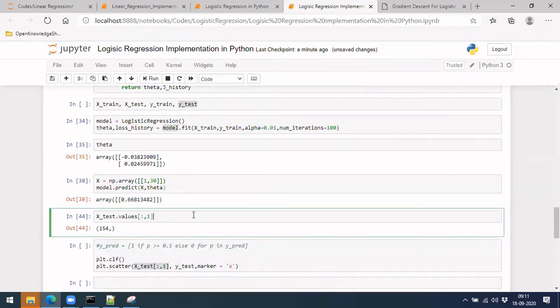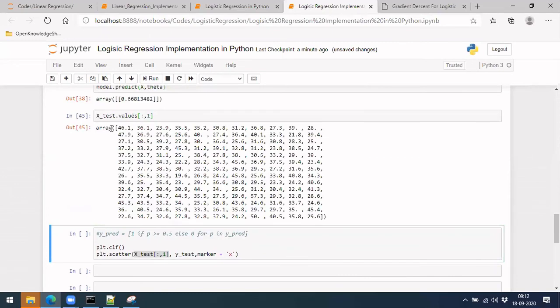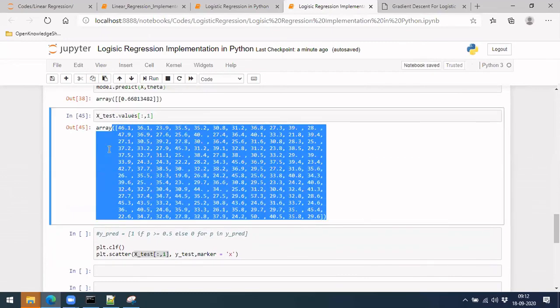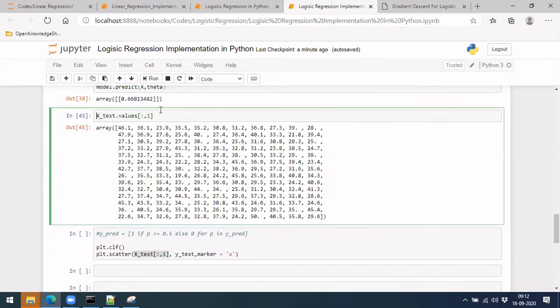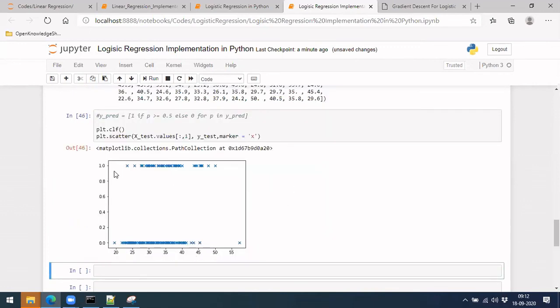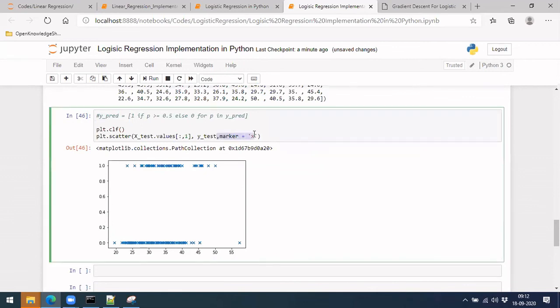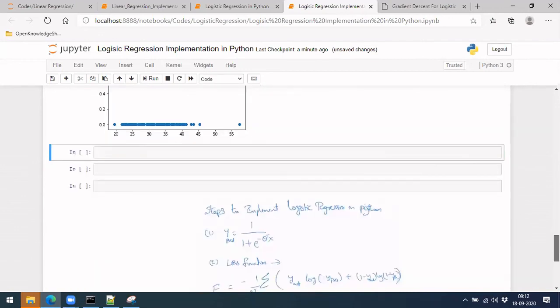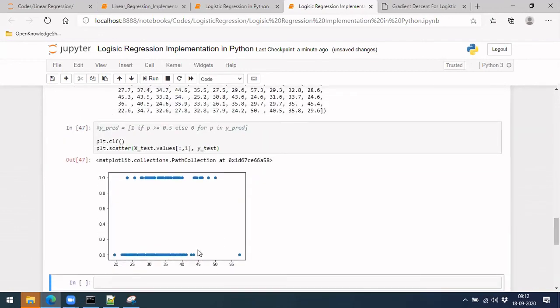So this is what I have taken. These are all the arrays, numerical values which we have. Let me take that so that I'm trying to plot it here. Okay, let's see what we are getting. So this is what we got. This marker x, in case you remove it, will be just dots. You can also keep it with something else as well. It will be dots like this.